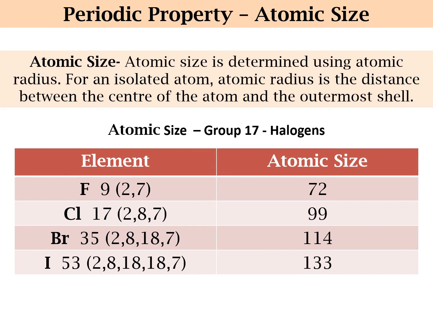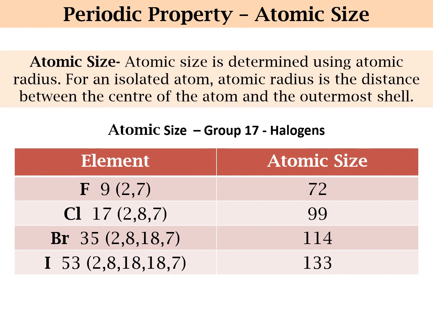Now, the number of electrons in the valence shell of each of these elements is 7. What is different is the number of shells. Fluorine has 2 shells, chlorine 3, bromine 4 and iodine has 5 shells. As the number of shells goes on increasing, we find that the nucleus finds it difficult to hold on to the electrons in the outermost shell. As said earlier, the nuclear force is a short range force, though it is a very strong force, but its range is very small. Hence, we find that as the distance from the nucleus goes on increasing, the force becomes weaker.